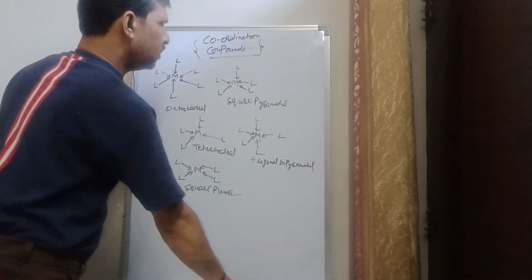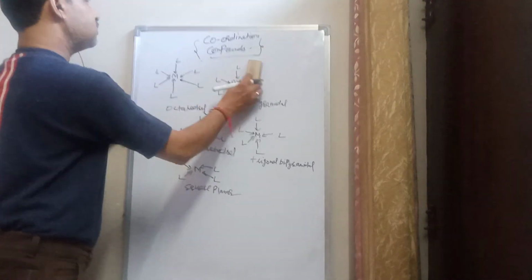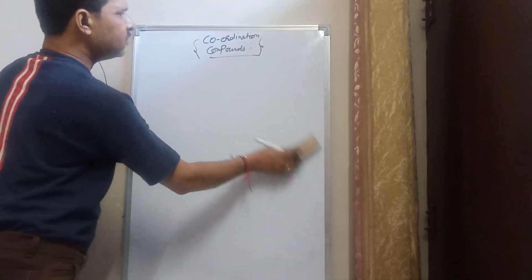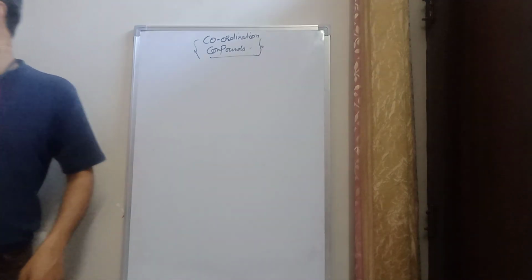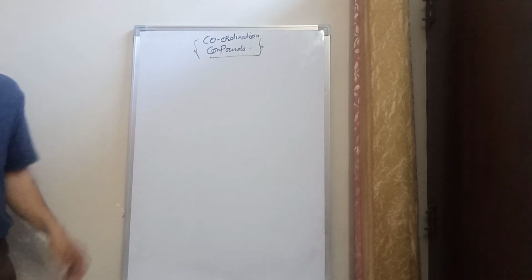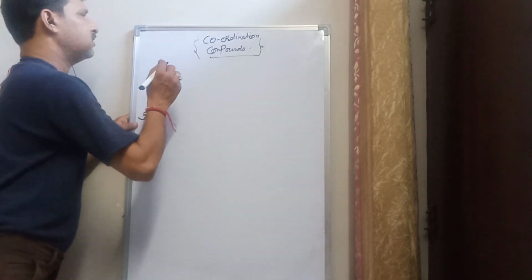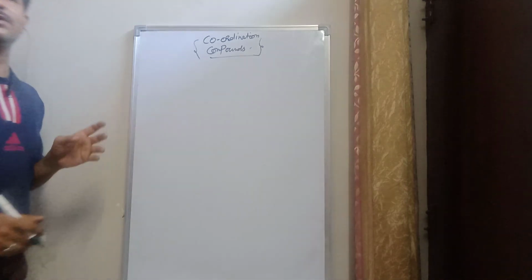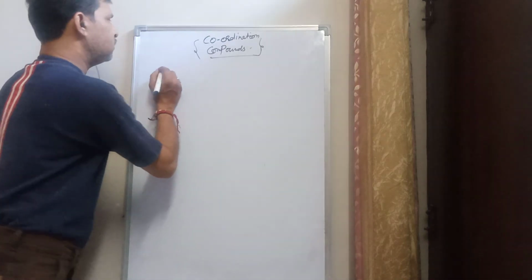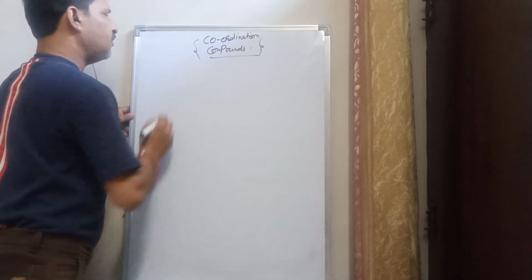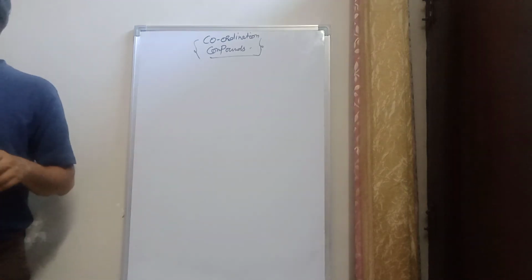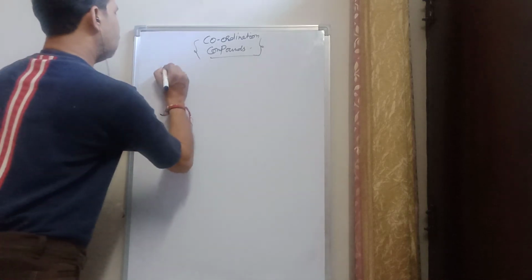Now we are going to study the next important thing, which is known as ligand. We have already defined ligands as those species, atoms, molecules or ions which donate an electron pair to the central atom or ion in the coordination sphere. Ligand species are those which form the coordinate bond with the central atom or cation. Ligands can be classified on the basis of donating sites they provide to the central metal atom or cation, such as unidentate ligands.